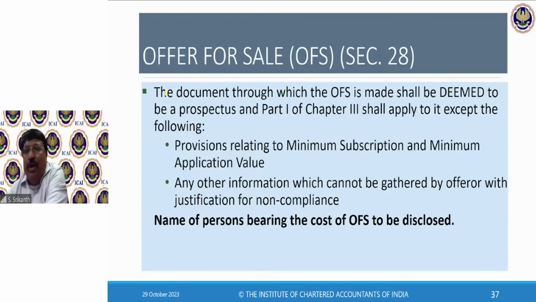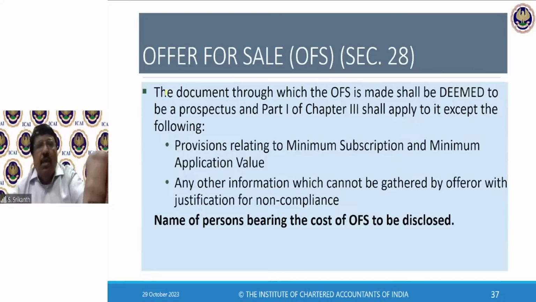So please don't put a question, what is minimum subscription? Don't type it, I already know you're typing. I will explain minimum subscription to you. The word itself is clear. Minimum subscription: the minimum amount that has to be subscribed by the public for allotment. If that is not received, allotment cannot be made.